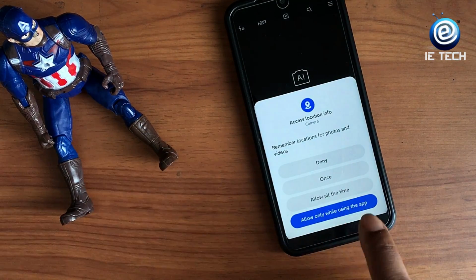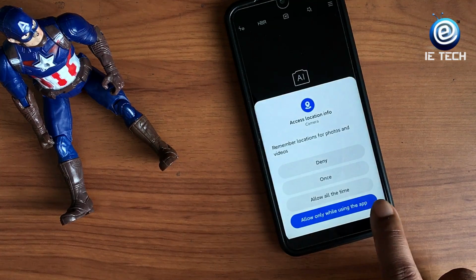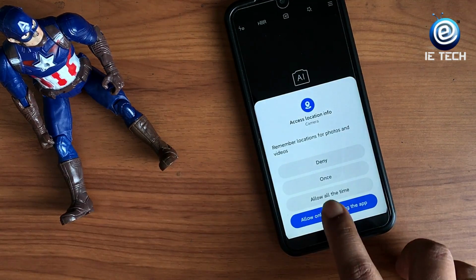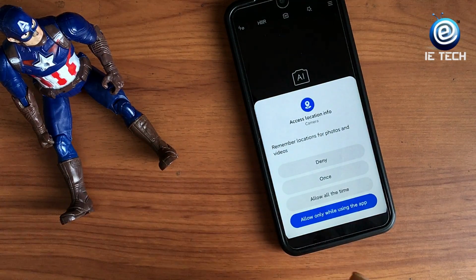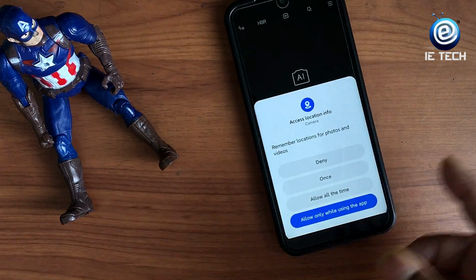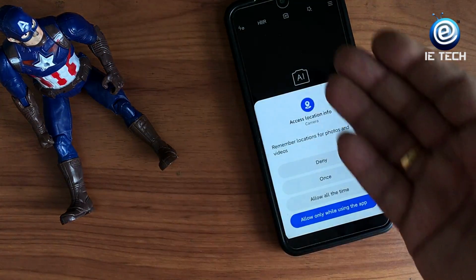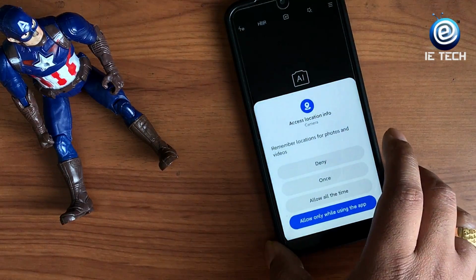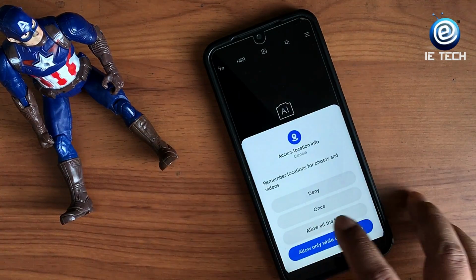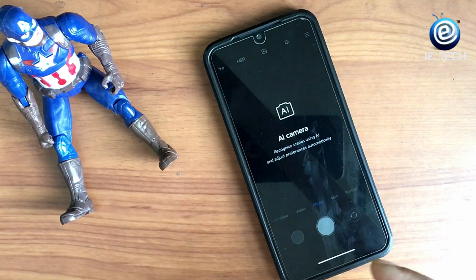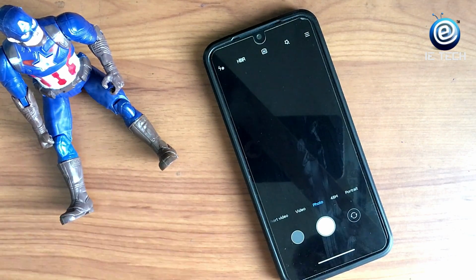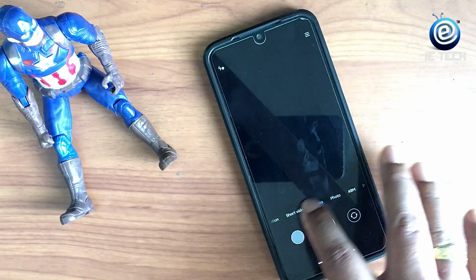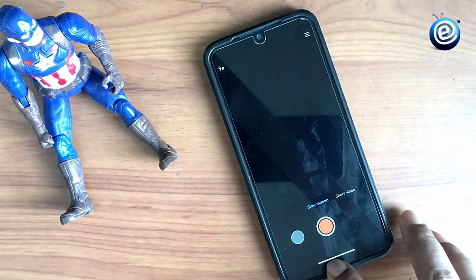So either you can allow it all the time or allow it while using the app, and this is what is there in iPhones already, and I love this feature. So what I always do is, for apps like your camera, radio, or this kind of apps, you can allow it all the time, but for other apps you can select and choose it for the time. So camera is the same, I will be putting some photos in this.